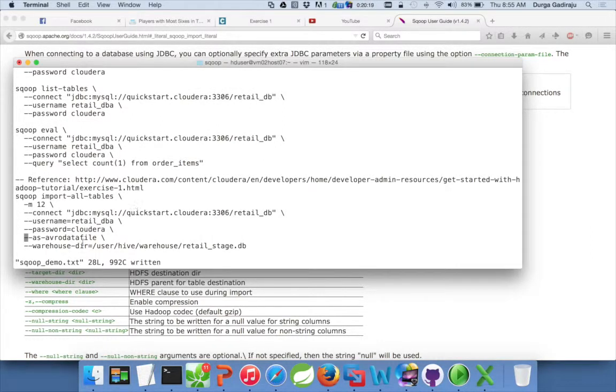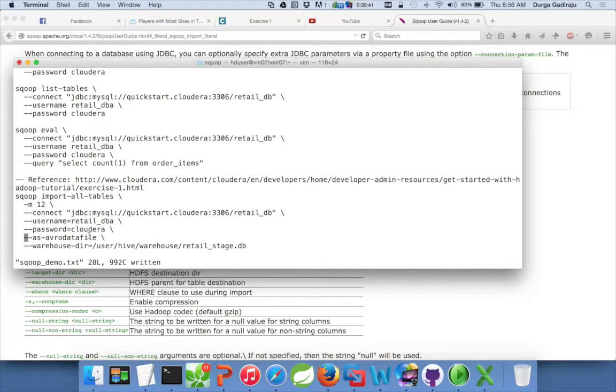Okay, and as Avro data file, so this is a different data file. Avro is a file format which can be understood by heterogeneous programming languages.